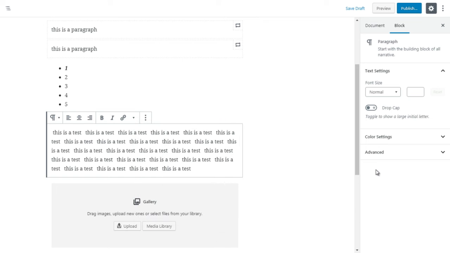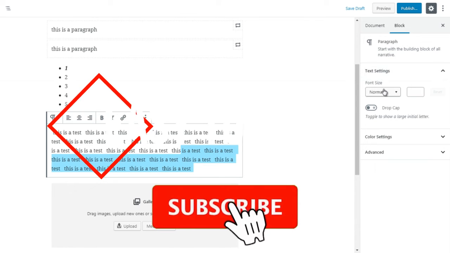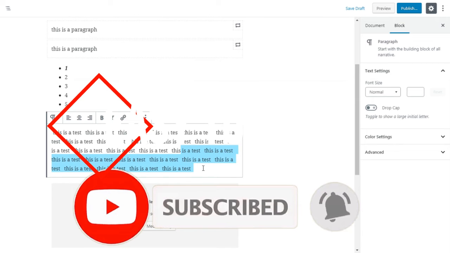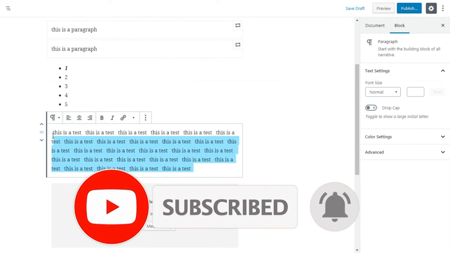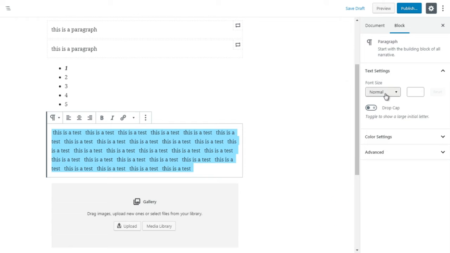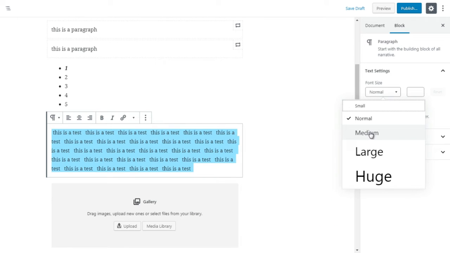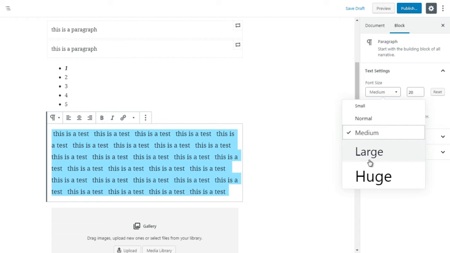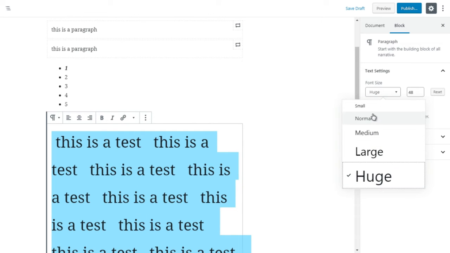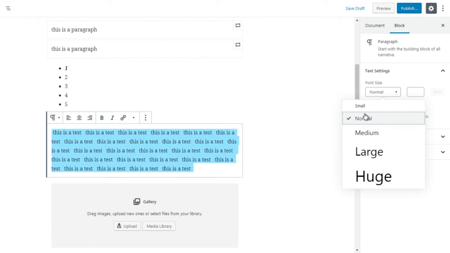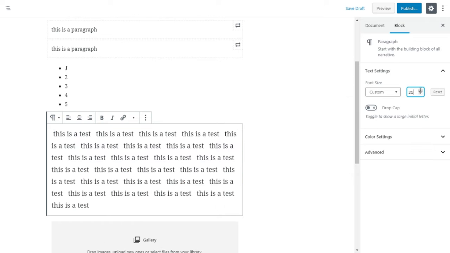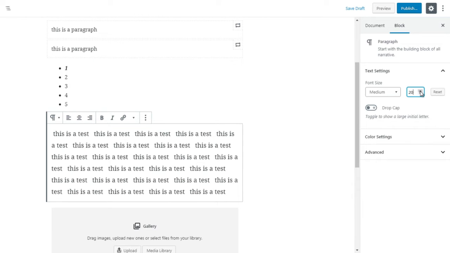But over here, we can see paragraph. So we can highlight that. Under the paragraph right-hand side, we have text settings, so you can change the font size. So let's say we're like, this is too small. So let's change it from normal size to medium size. Or let's change it to huge, and we're like, okay, this is way too big. Let's make it small. So that allows you to change the size as such, but you can also change the